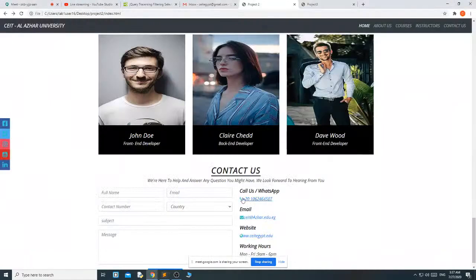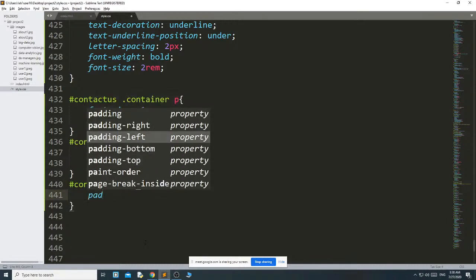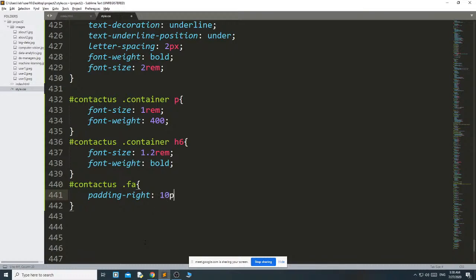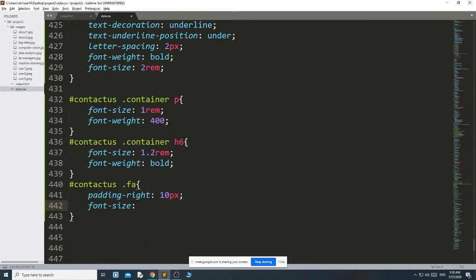Then I need a space between this icon and this paragraph. Then I am using contact us dot fa. What I want is padding right 10 pixel. Then font size 15 pixel.